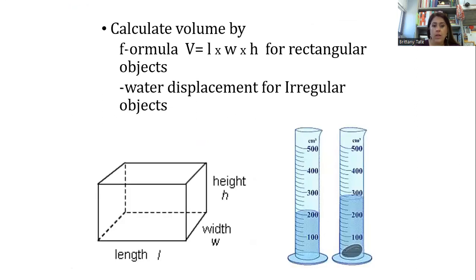So how we calculate this, if you remember, if it is a rectangular object, we're going to use length times width times height. But if it's an irregular object, like a rock or anything that is not cubic, like a marble, you're going to do water displacement. So remember, you figure how much volume you have in a graduated cylinder, like you see at the bottom here, and then you place the object in, see how much the water rises, and then you subtract to find your volume. If you remember the video where the guy got in the bathtub, Eureka, same idea here.